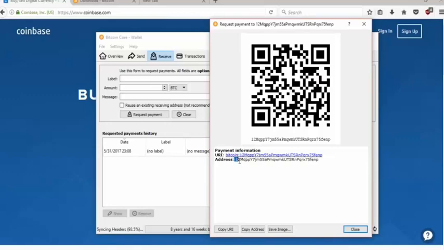Basically, this is your Bitcoin address right here, which has a QR code. So this is your Bitcoin address, and this is what you're going to be using to receive Bitcoin, obviously. And you can do this through your Bitcoin wallet, and you can scan this to basically pay instantly or copy the address.